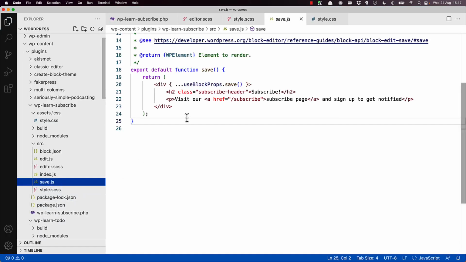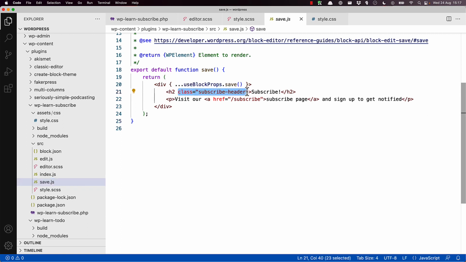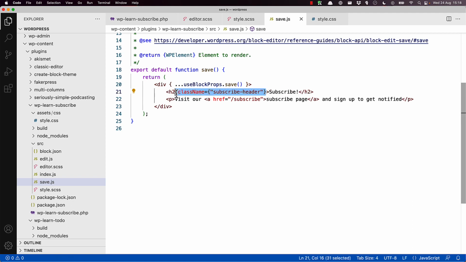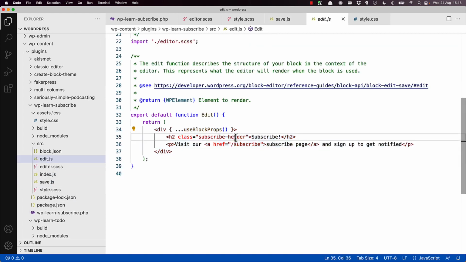In our save function, update this to be className subscribe-header, and then in the edit,